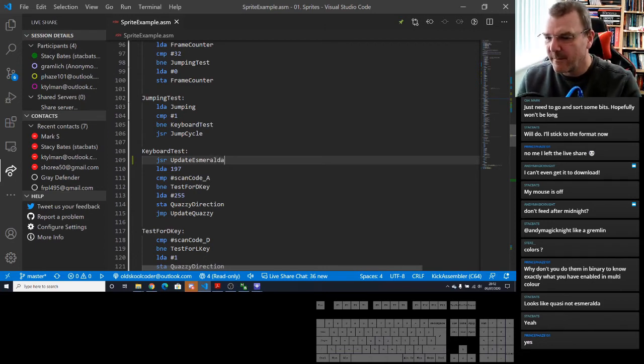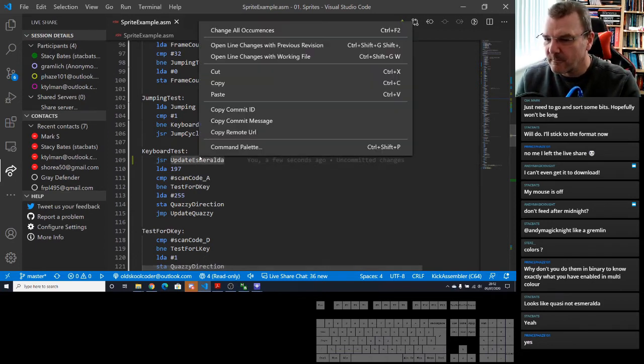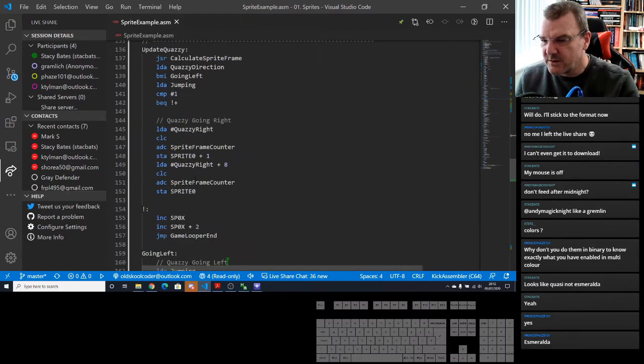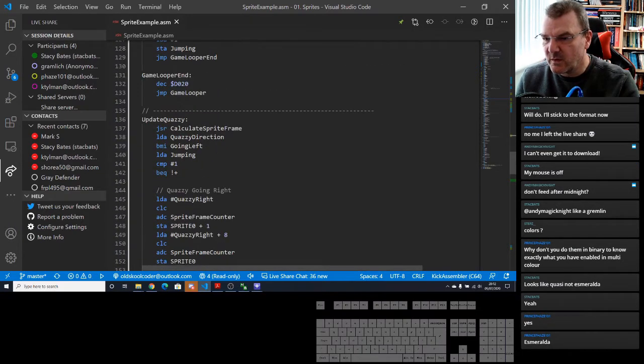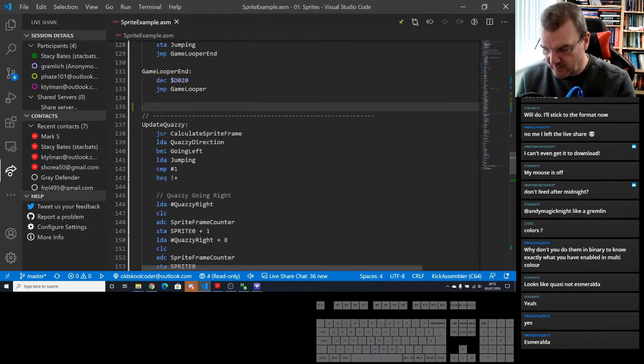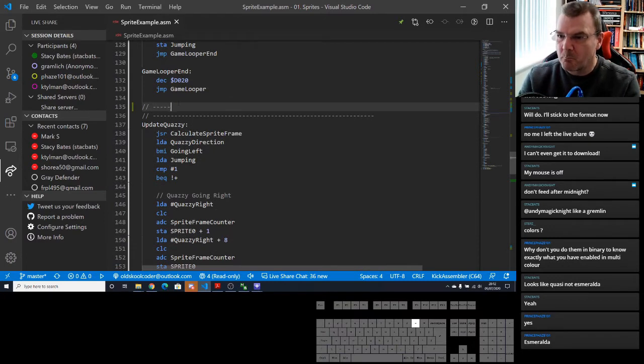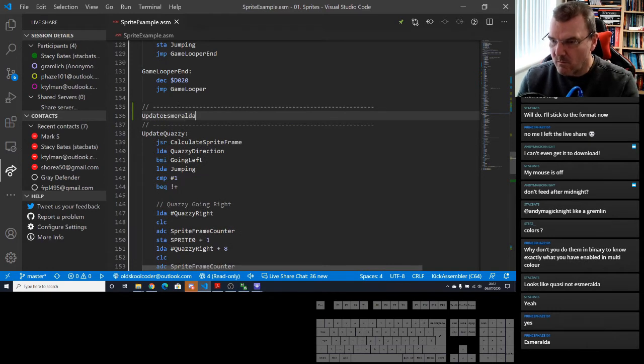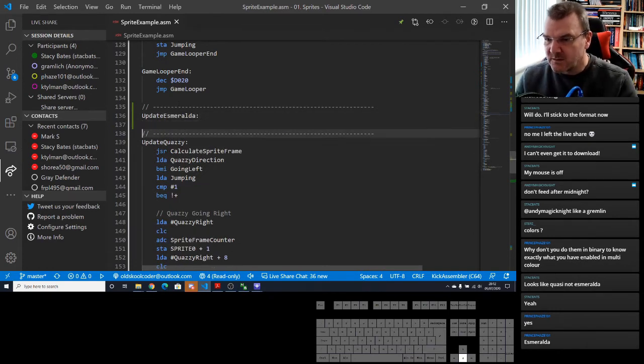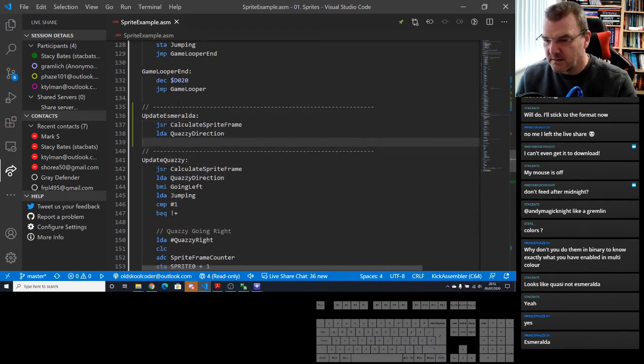There we go. So we can do the same like we've done with update Quasi. So basically we calculate the frame and we load the base sprite. I know I've loaded the one in there, doesn't matter.